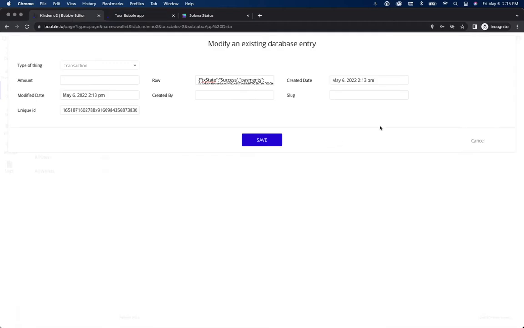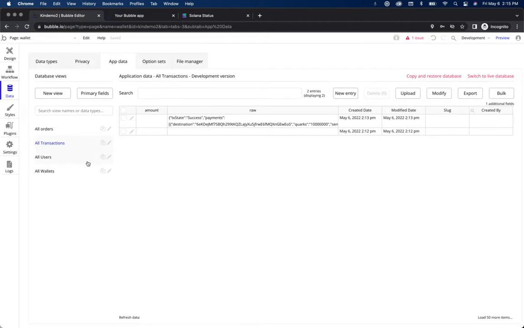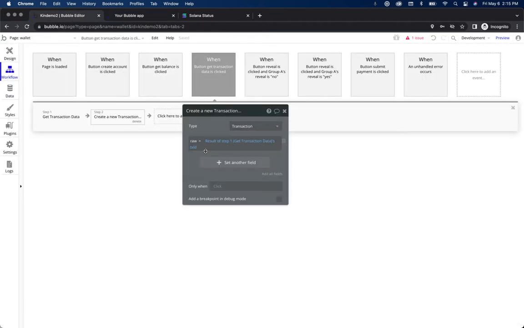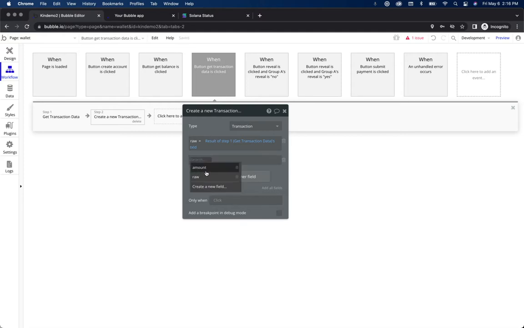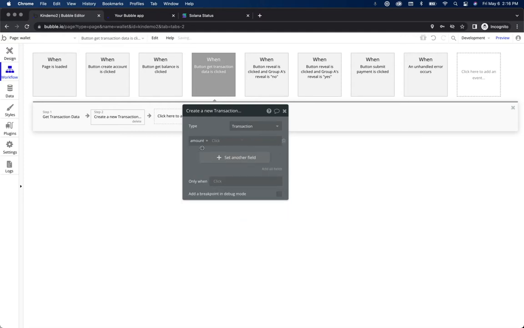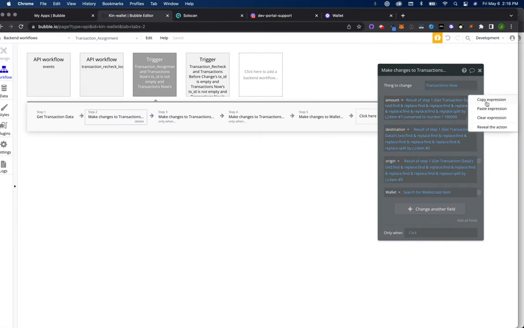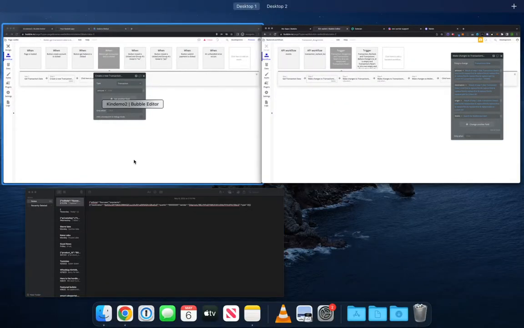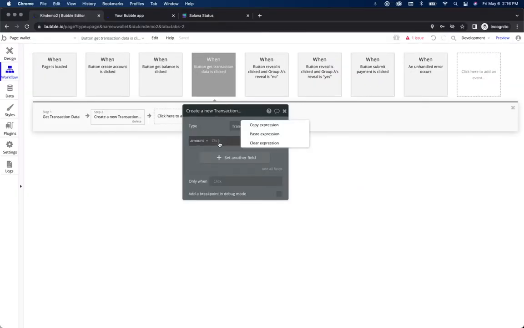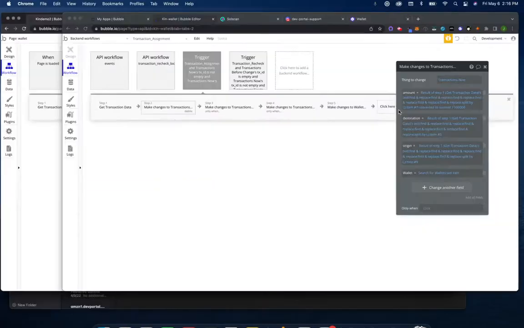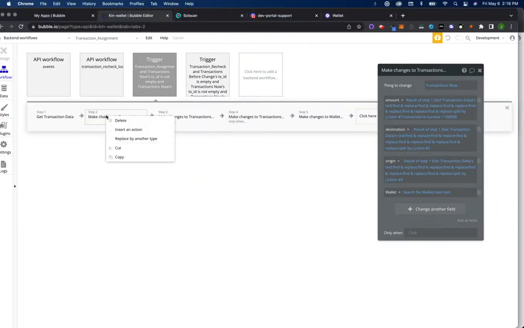And then in the editor, paste that expression. These can get a little tricky, not gonna lie. An easier way as well is just